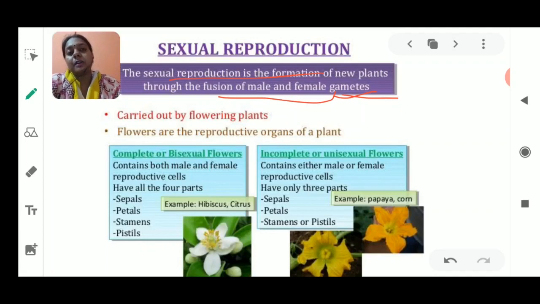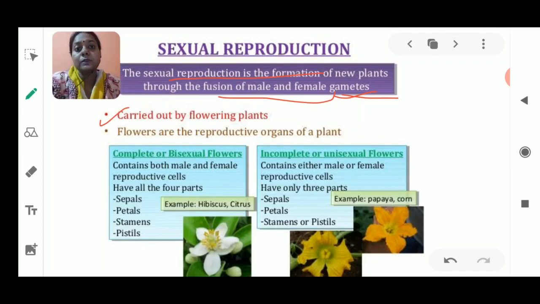If we talk about the mango tree, neem tree, peepal tree or banyan trees, all of these have seeds. These seeds are responsible for the growth of new plants. So this is how sexual reproduction takes place, and it gives rise to a seed. Now why is this happening? For that we need to study the different types of flowers first. So here it is written that it is always carried out by the flowering plants.